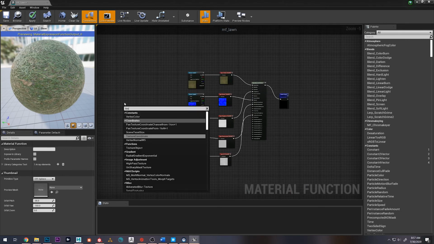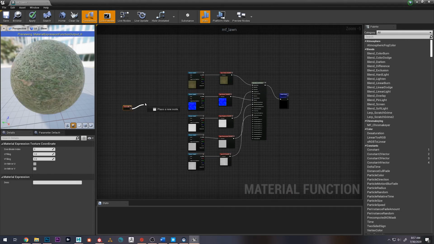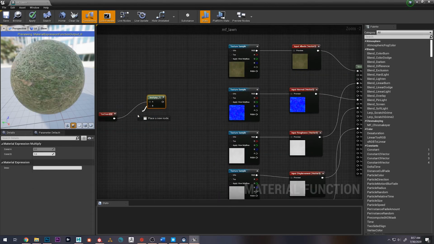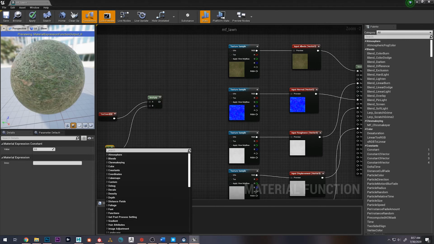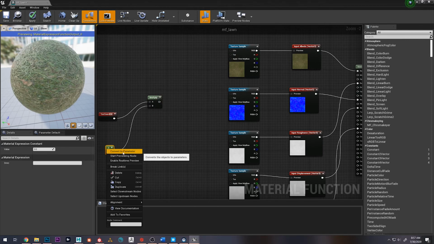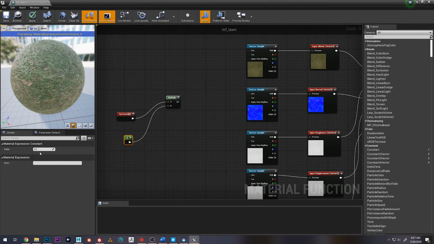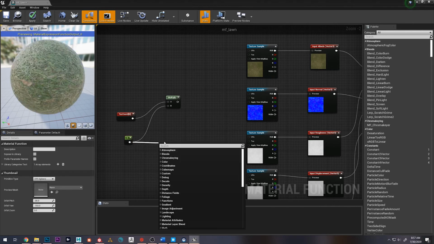And then lastly, I'm going to go ahead and create my texture coordinate, and I'm going to plug that into a multiply like we were doing earlier. And I can plug this into a constant, but again, I can't convert this to a parameter because it doesn't work the same way as a normal one. So I'm just going to leave this as a value of 1. I'm just going to leave it as a normal constant, but I'm going to go ahead and type